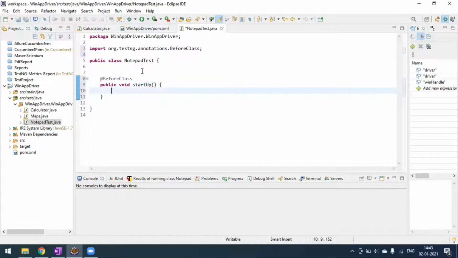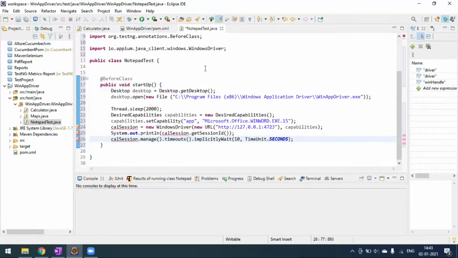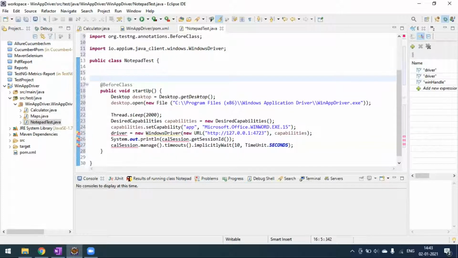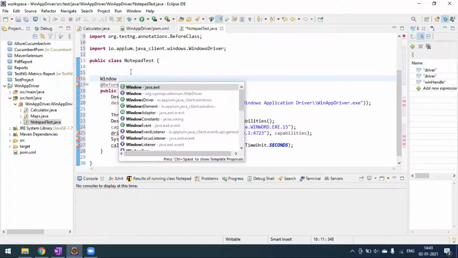So here we can pass all these values. These are the things that we require to start our session. Here I will name it Notepad. We'll go with the driver itself, the Windows driver.